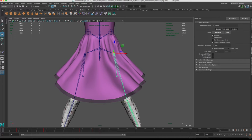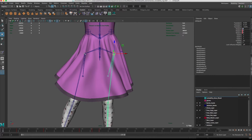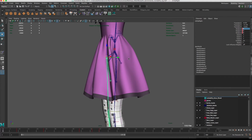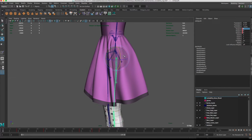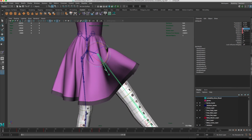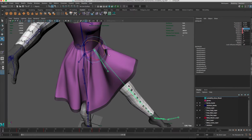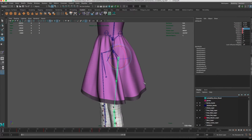Now if we turn this back to 0, to the original position, you can't see anything when it's in the original position, but when you start moving, you already see this is much nicer. Now this part here is still a little bit edgy. So we would change this